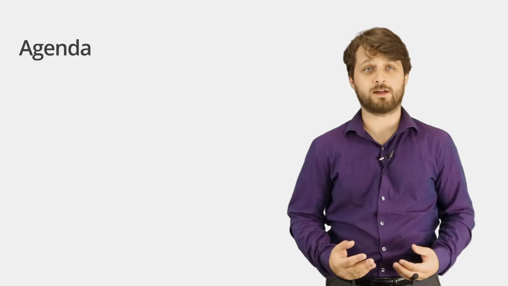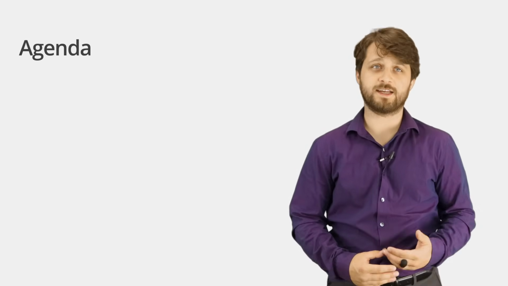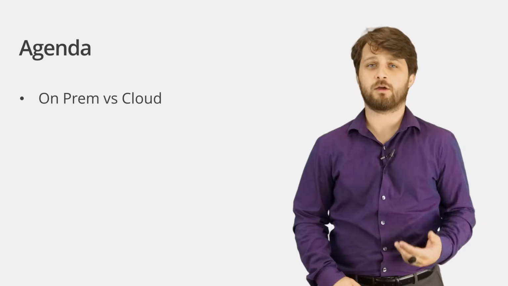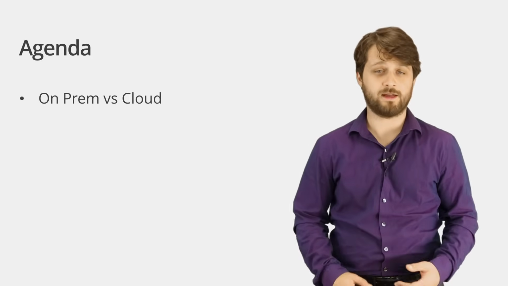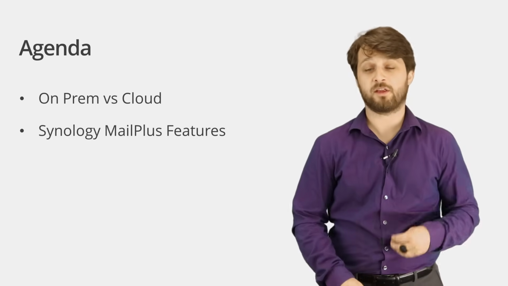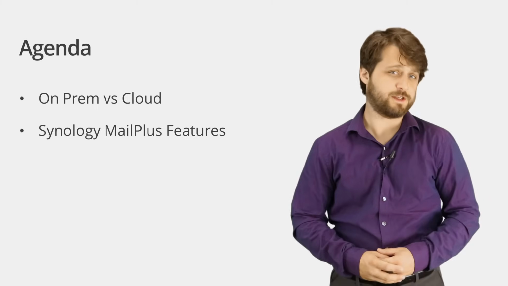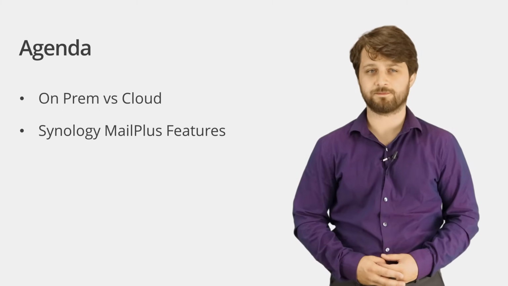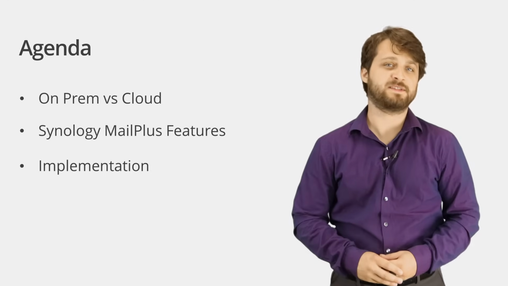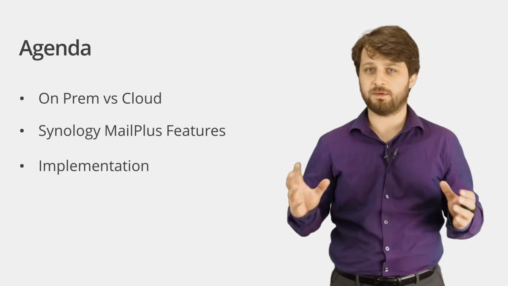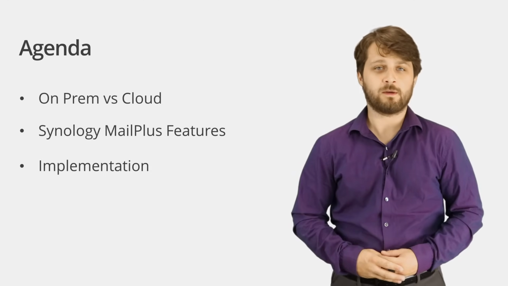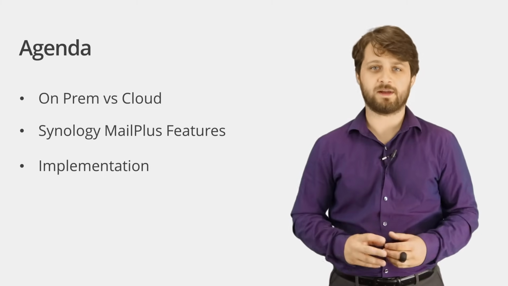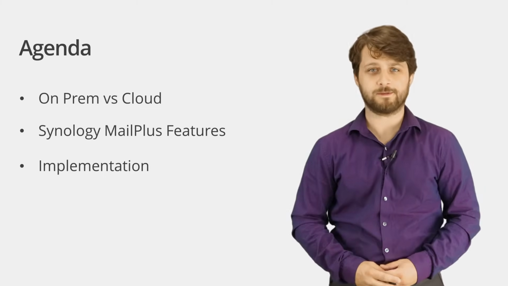Now, on the agenda today, we're going to essentially go over three main portions. We're going to first take a look at why you might want to go with an on-premise solution versus a third-party cloud-based solution that's hosted by another organization for you. We're going to then move into some Mail Plus advanced features that will be handy for any admin or business user utilizing this mail system. We're then going to take a look at some implementation tips that we have. There's going to be a couple different tips that we can offer you because mail servers aren't really a one-size-fits-all game, and we want to make sure that everybody has this couple bits of advice that we can offer.